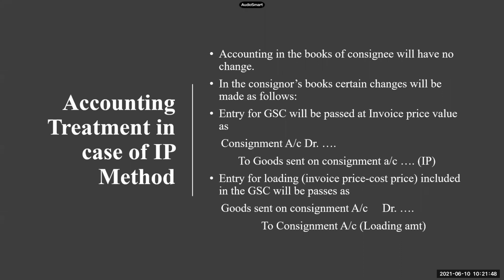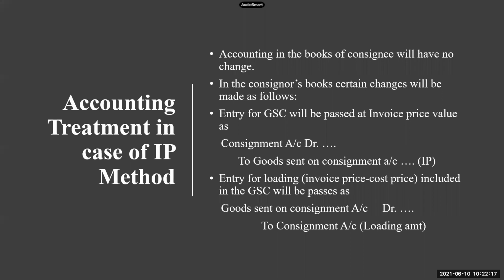So that is the first change. Please remember that change. You will take goods sent on consignment as usual on the debit side with invoice price. One additional entry is on the opposite side. You will again write by goods sent on consignment in brackets loading, and you will take only the loading amount. So by doing this, ultimately you are removing the profit figure, and now you can calculate the proper profit on consignment.